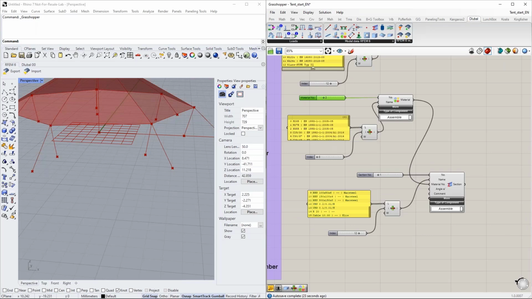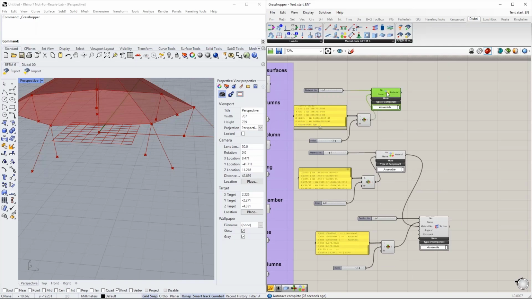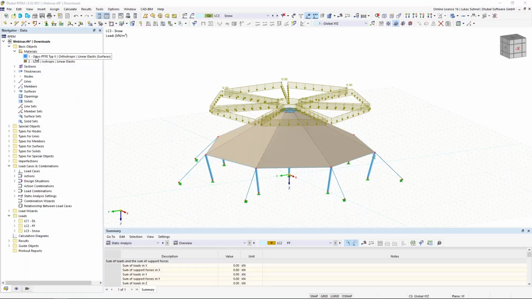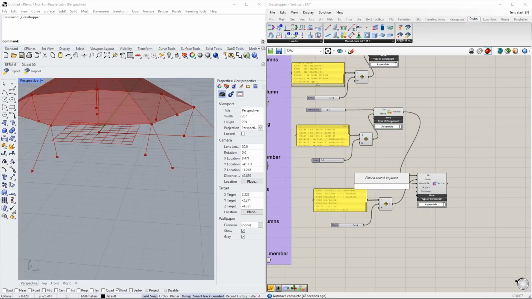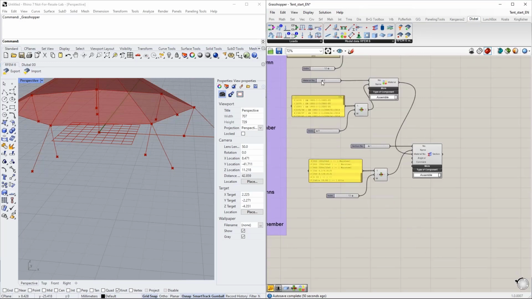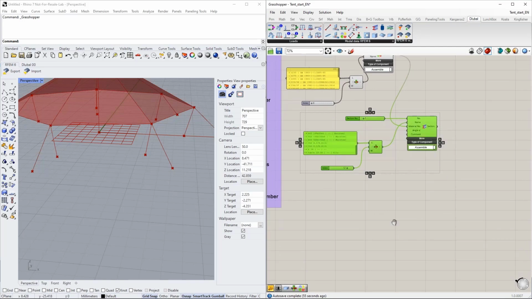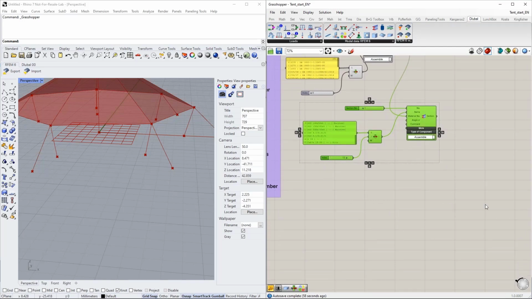And what would be the alternative way? If you do not assign the index numbers, you theoretically would have to run one export where you export the materials to RFEM. Then you can check in RFEM, okay, what is material 1, what is material 2, and so on. And then you know the ID numbers, and you could use a number slider and assign the number to your cross section. But this is not the ideal logic. The ideal logic is assigning the IDs beforehand. Okay. So far regarding that logic that we are using here, I will create just a couple more cross sections